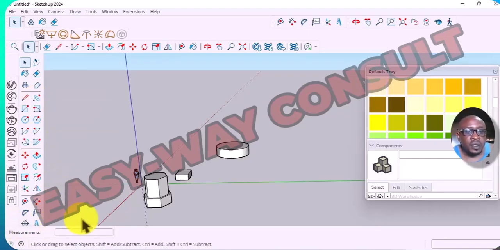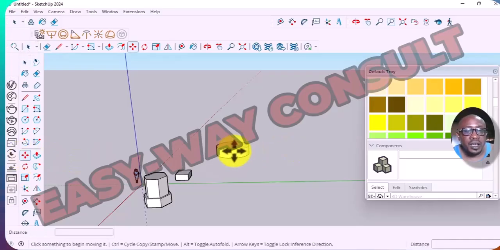So let's start from move. If you want to move these two now, let's say you want to move these two. If you click here and you touch here, you can't move these two because it is not a group. It is not an object yet. So you need to turn it to object. Let's say we have clicked on group and you click here. If you want to move it, you can see you click it. You see it is not moving. Rather you are moving, you are expanding